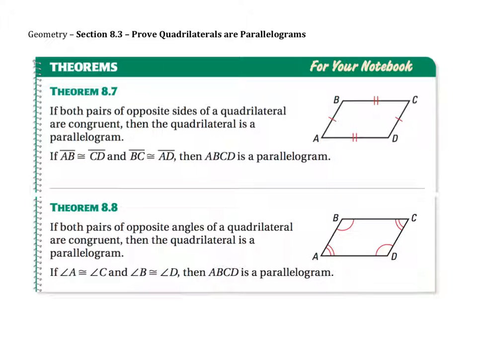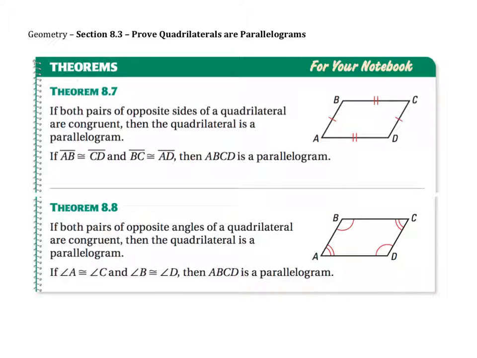Section 8.3 is actually a reversal of Section 8.2. In Section 8.2, if we knew something was a parallelogram, then we knew certain properties about that quadrilateral. Now, in Section 8.3, we're going to prove that quadrilaterals are parallelograms given those properties. So it's just going to be the opposite. So we're going to be proving things are parallelograms rather than starting with something's a parallelogram and then knowing things